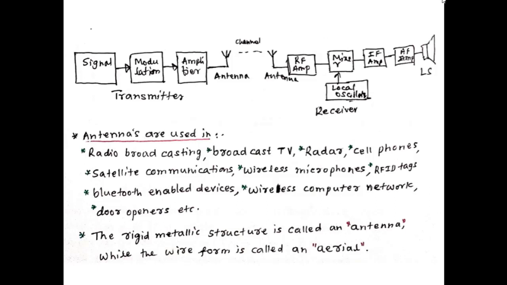In the receiver, we have one receiving antenna. Antenna intercepts the electromagnetic wave, and this is in the form of RF signal. This signal is very low in amplitude. This can be amplified by using RF amplifier. Then this RF signal is mixed with the low frequency signal from the local oscillator in a mixer. So the mixer will give a different frequency, and it is called intermediate frequency.